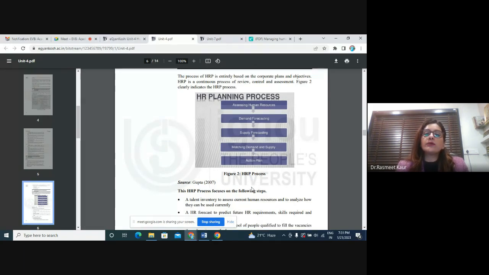Then afterwards, I will be doing two important things. This is how the entire planning process flows. That is doing demand forecasting and supply forecasting. Demand forecast. Forecast means planning. Demand means when I am understanding what is the future requirement of HR. Remember, yesterday I gave you an example that if in my HR planning I come to know that I have excess of people, there are more people working than required in the organization, so I will be going for firing them or retrenching them or terminating them from the organization.